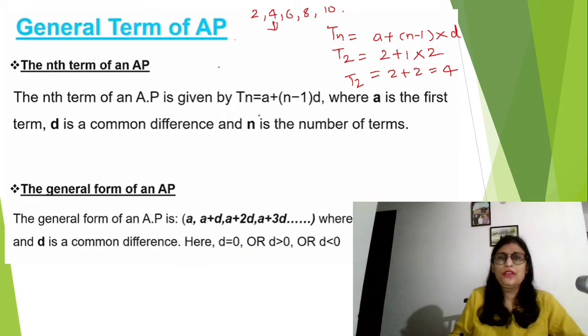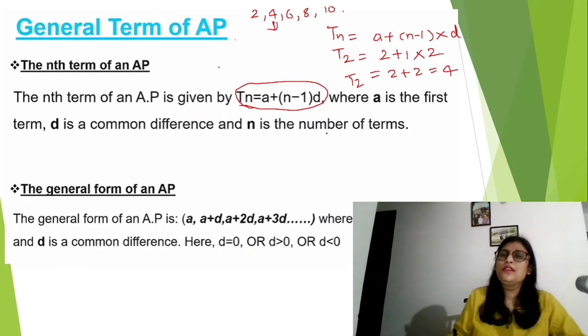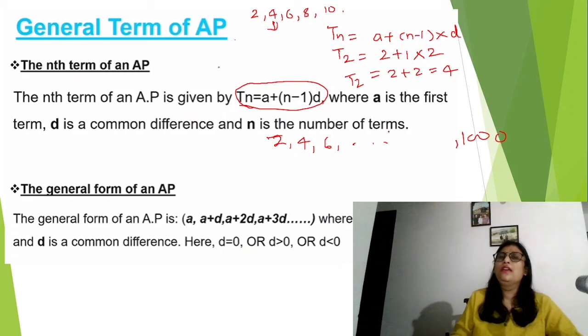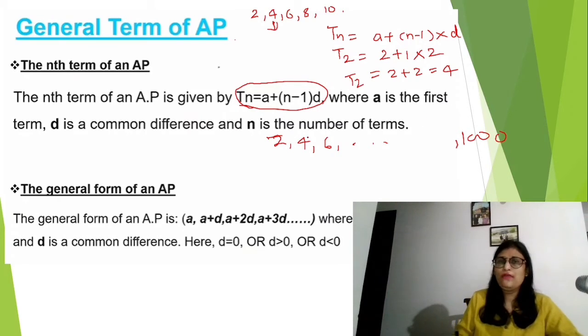So this is the general form of any arithmetic series by which we can find any term. This is useful when we have a large series. This is a smaller series, but on a larger scale, suppose there are 1000 terms, or I want to find the 99th term of this series, I don't have to write each and every step. We can just use this formula and conclude what the 99th term of this series is.